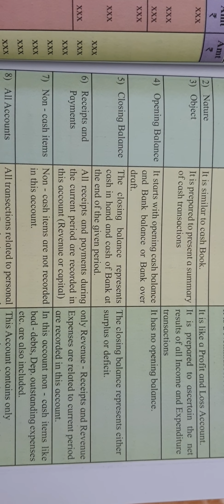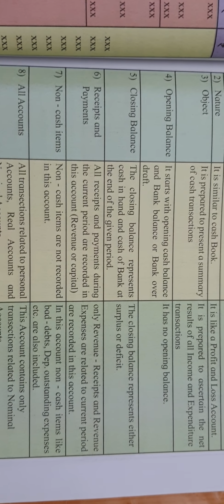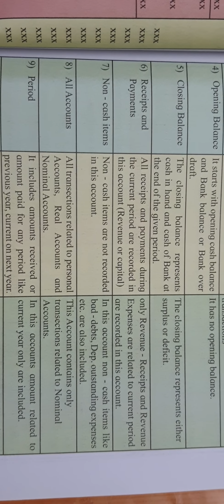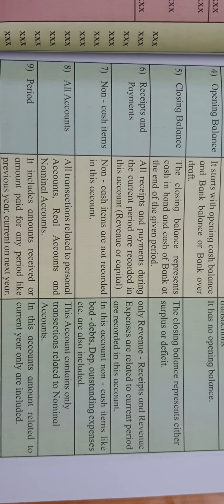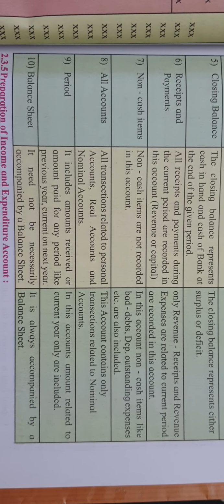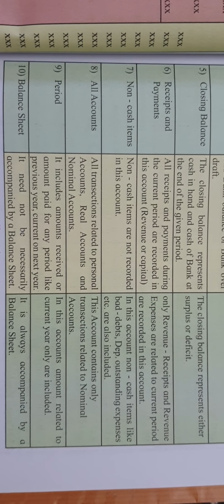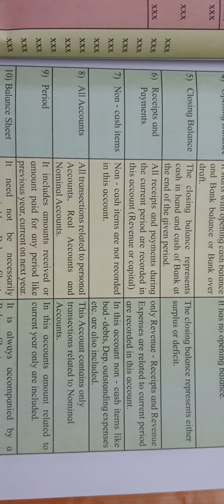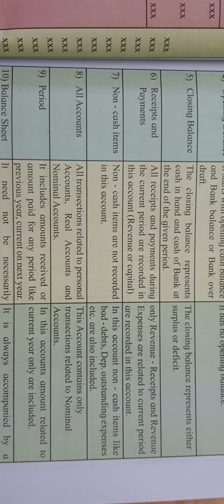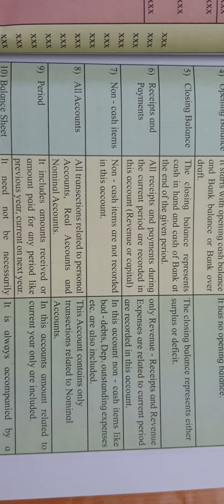Non-cash items are not recorded in the receipts and payments account, but in the income and expenditure account we record non-cash items also, like bad debts, depreciation, outstanding. Receipts and payments transactions relate to personal, real and nominal accounts, but income and expenditure contains only nominal accounts, right? Receipts and payments includes the amount received or paid for any period. It means if money is received, record it, whether it pertains to last year or next year. But in income and expenditure, it will be recorded only if it pertains to the current year,